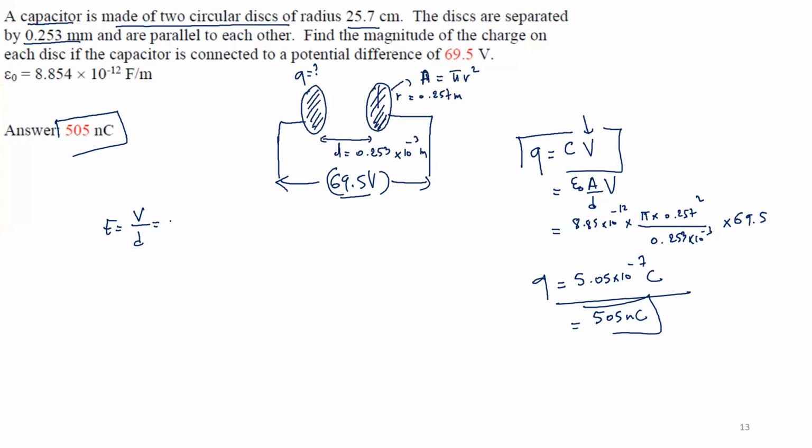We know the voltage, 69.5 volts. We know the distance, 0.253 times 10 to the power minus 3 meters. And you get 27.47 times 10 to the power 4 volts per meter. This is your electric field in between here. Okay. Now, knowing the electric field,